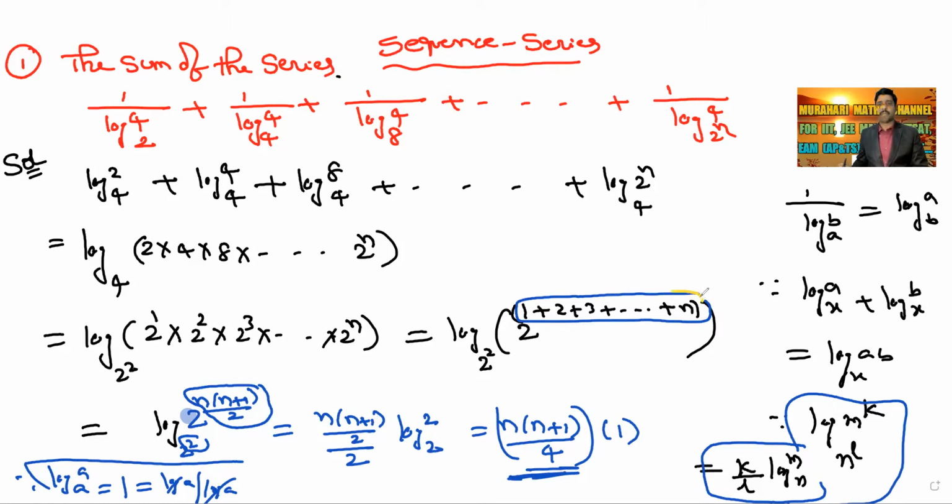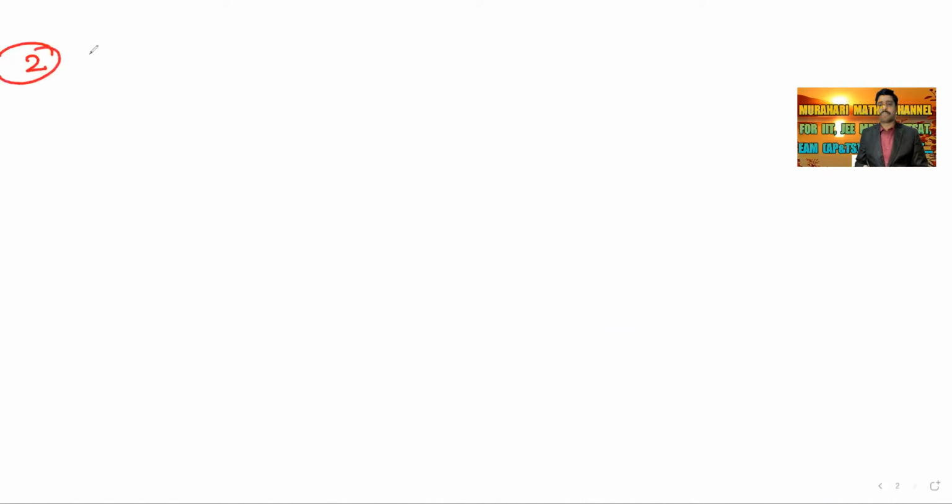This is the sum of natural numbers formula, n into n plus 1 by 2. Okay, now I am going to explain question number 2. Question number 2: if the numbers